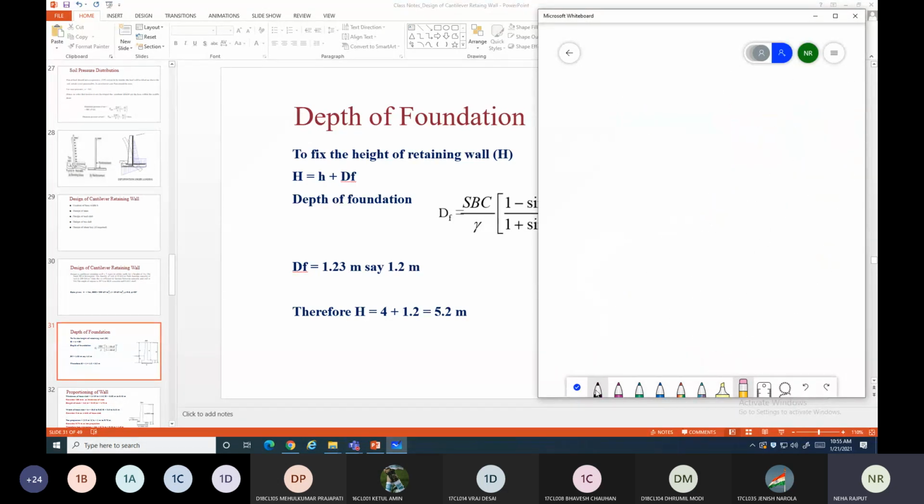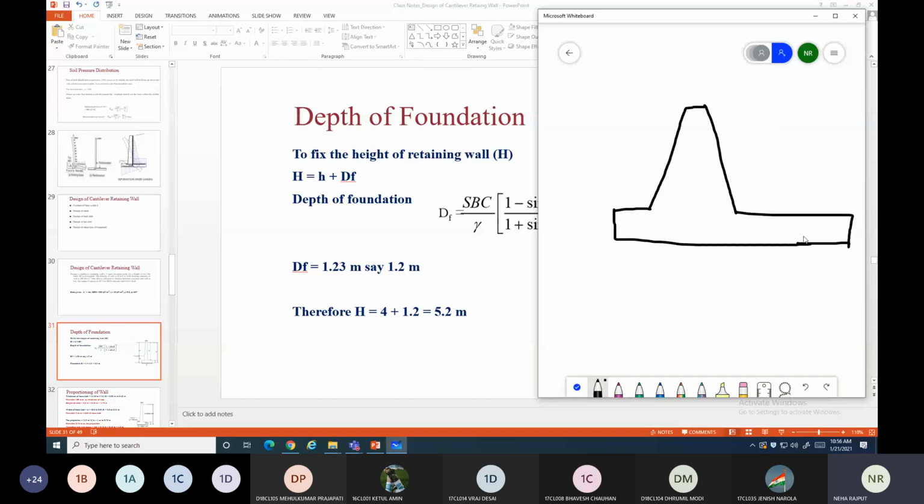So now we will do the trapezoidal section only. So this is our cantilever retaining wall, where this is the stem part, this one is the toe part, and this one is the heel part. Obviously the heel part width is more because here there will be the soil mass. यहाँ पे soil mass होगा heel पे, तो उसका width toe से ज्यादा होगा because this is the exposure part. So exposure part में आपका width ज्यादा नहीं होगा, right? So this is the case.